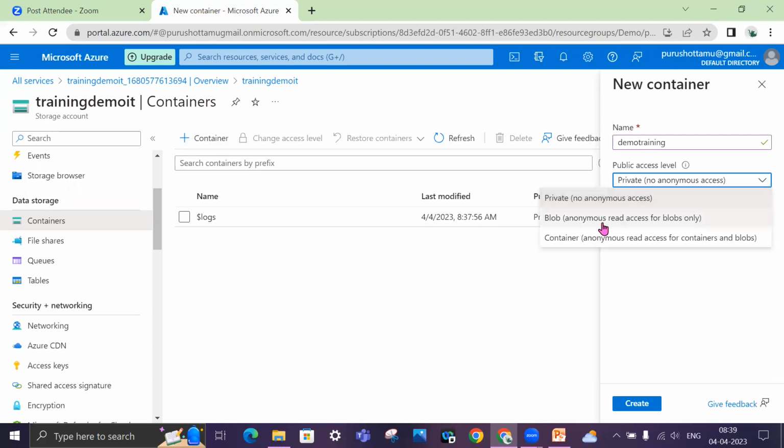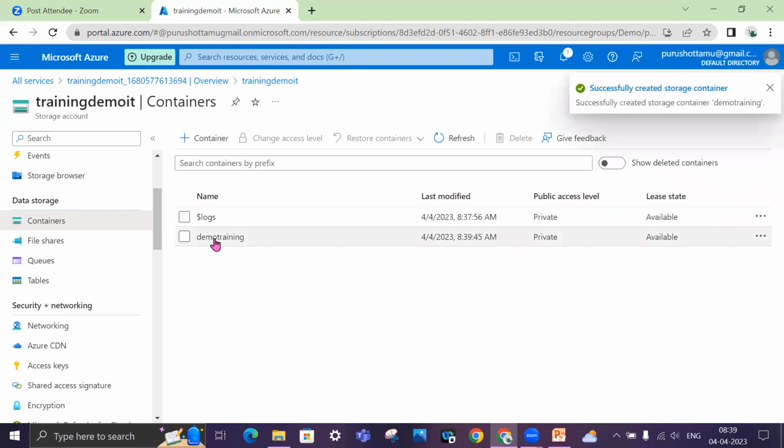If you set it at the blob or container level, it's available to the public, and anyone can access it. Even in the private case, if somebody wants to access this container, they should get access from you. Without your permission, nobody can access this. But if you set it at blob or container level, anyone and everyone can use it without your knowledge. So for now, let's keep private.